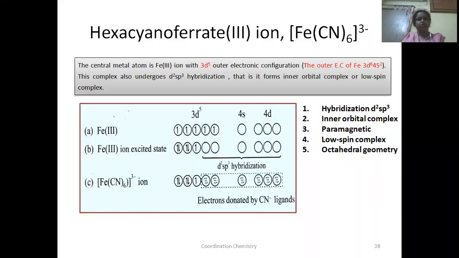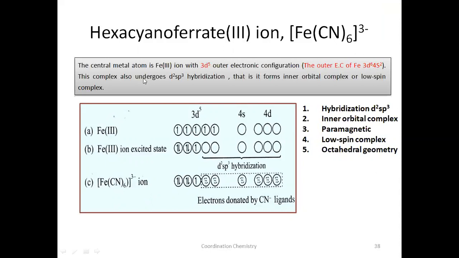We have already discussed the nomenclature. Let us see again how to write this name. This is the complex formula. Hexacyano, there are 6 cyano groups, so hexacyano, 6 cyano ligands. Then iron is there. Since the charge on this complex is negative, that is minus charge, we have to use ate at the end of the metal ion name, that is ferrate. And the charge is plus 3. This is minus 3 and 6 cyano gives minus 6 charge. 6 minus 3 will become plus 3. Since this is an ion, there is no further ion to satisfy this minus 3 charge. Therefore, ion should be kept here. This is about the name of this complex.